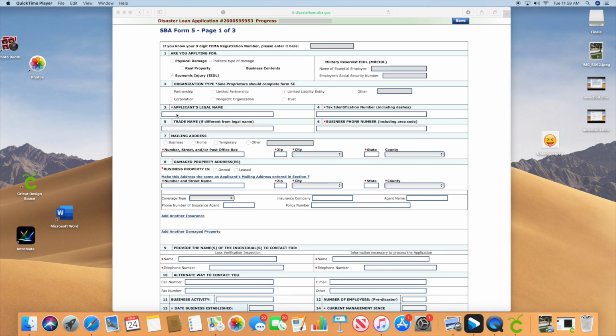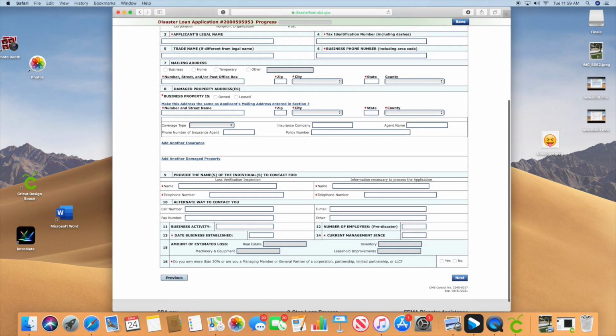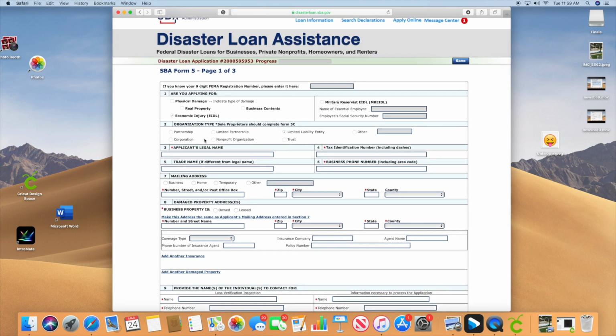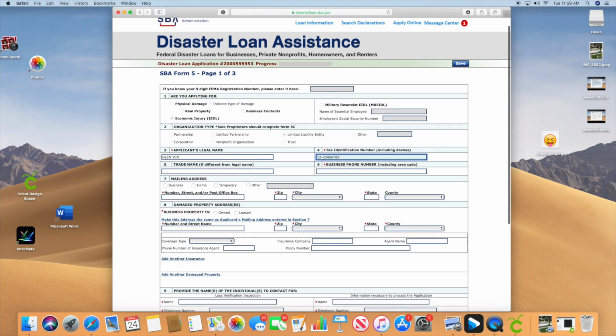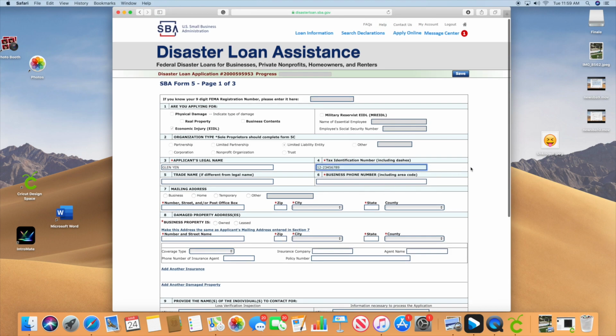You want to fill all this information out. Okay, you want to put your tax identification number. It's 9 numbers. So if you have an EIN or a tax number, this is where you put it.